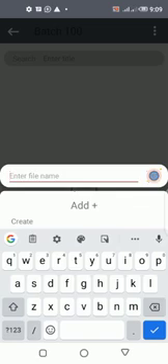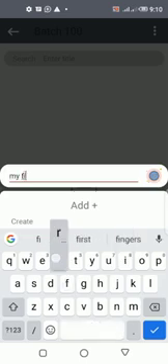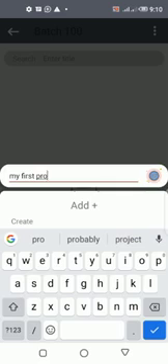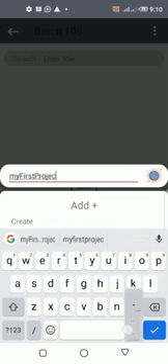Now, first of all, I want to say that when you are naming a file, you don't give gaps. For instance, I want to say my first project. This is a wrong way of naming a file. You don't give gaps, right? Even if you want to type 70 words, you type them in form of one word. So it's going to be my first project, like that, dot